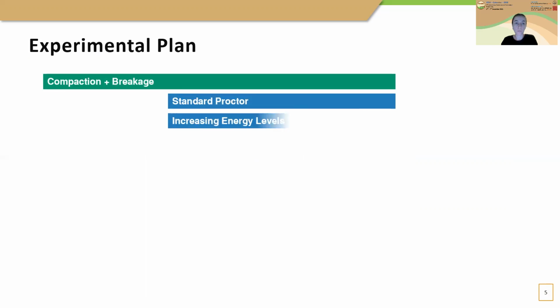construction activities. In brief, the study contains 3 main parts: compaction. So we need to study the compaction characteristics of the mixture, and knowing that rubber crumbs are energy absorbing and compressible, we needed to study the compaction characteristics under the standard Proctor energy levels and the higher energy levels to compensate for the energy that is absorbed by rubber crumbs during compaction and to achieve an efficient